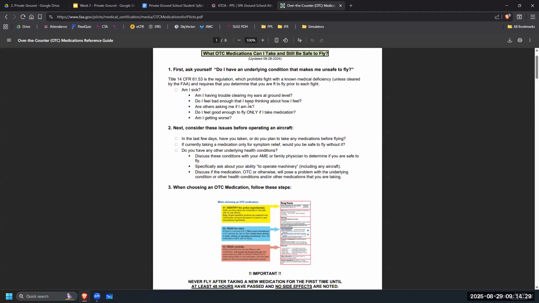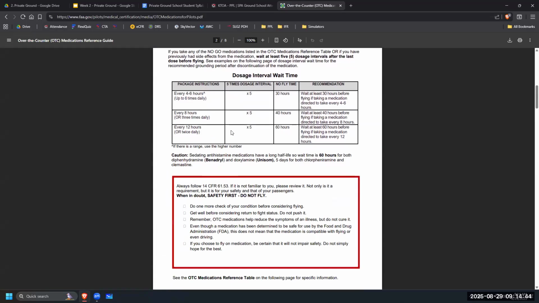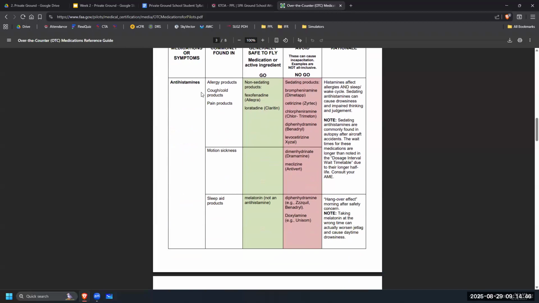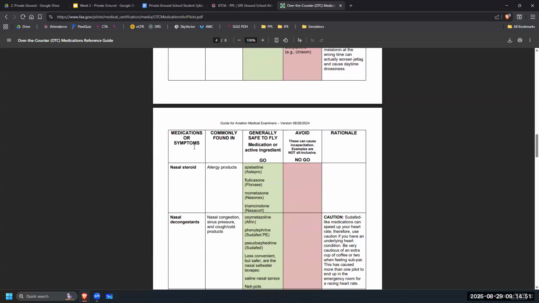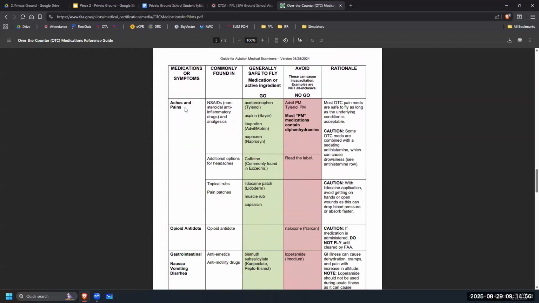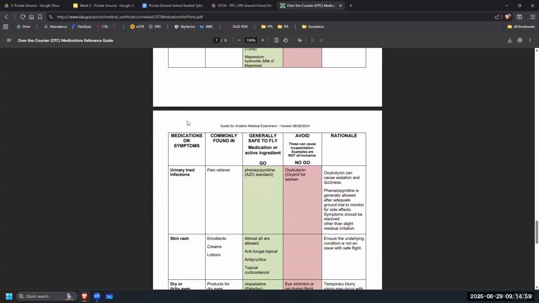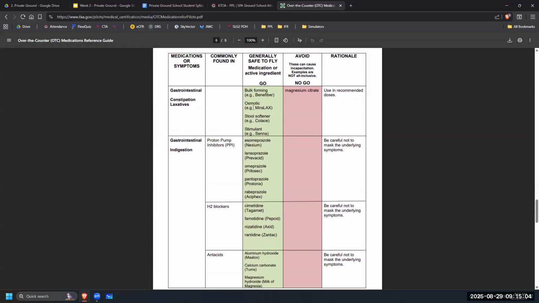If you are ever questioning, can I take this before I fly? Is it a big deal? Is it not a big deal? There's an over the counter medication reference guide from the FAA. You go through this list, figure out if what you're going to take is legal to fly on. Antihistamines, nasal steroids, decongestants, cough medicine, and so on. Anything you're going to take before you fly to fix any kind of symptoms that you have, check this list